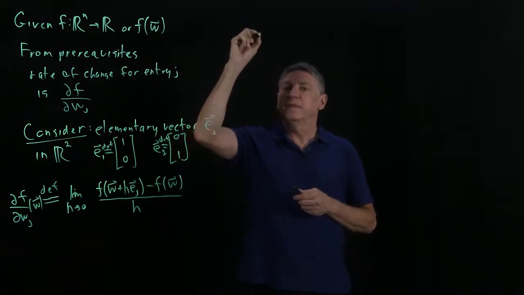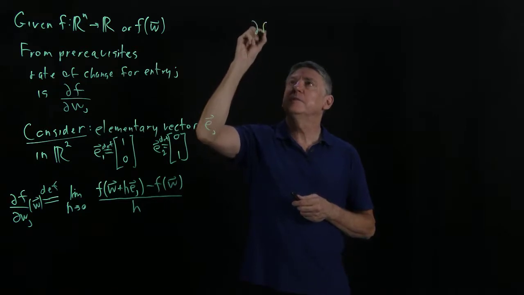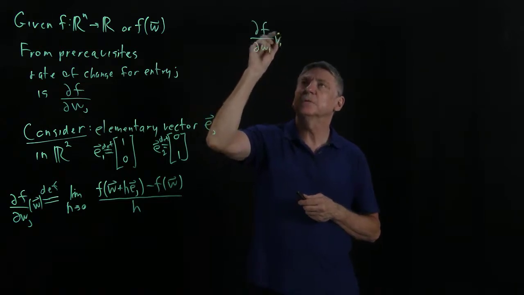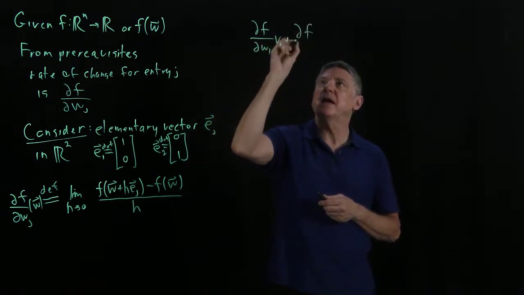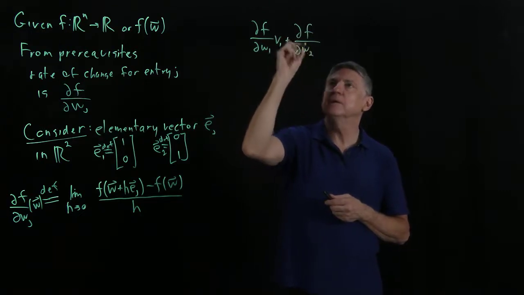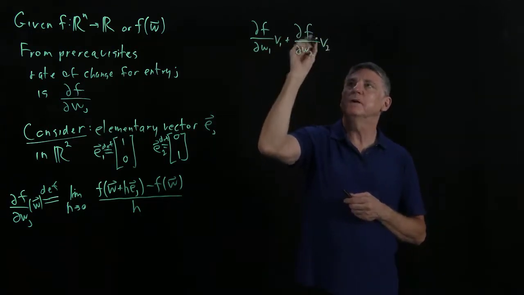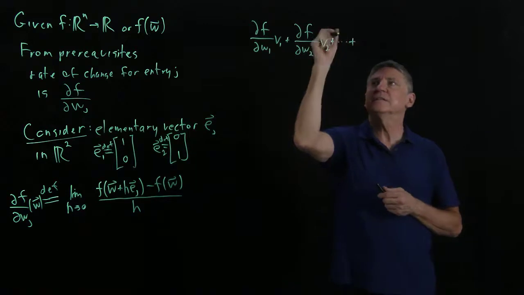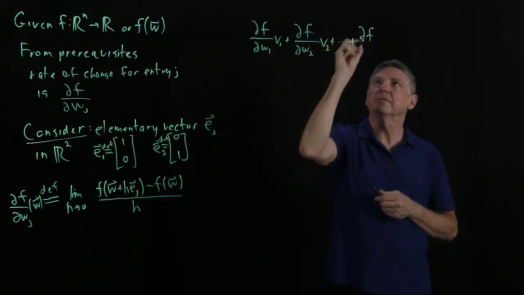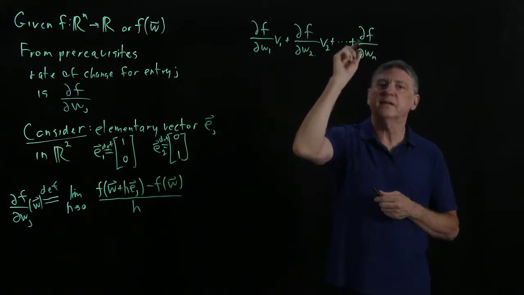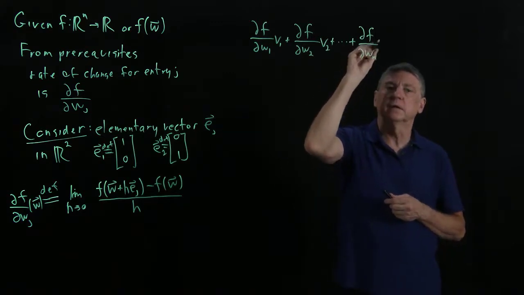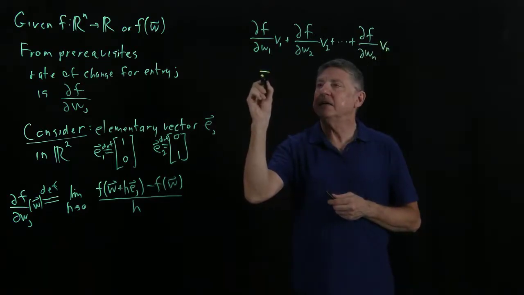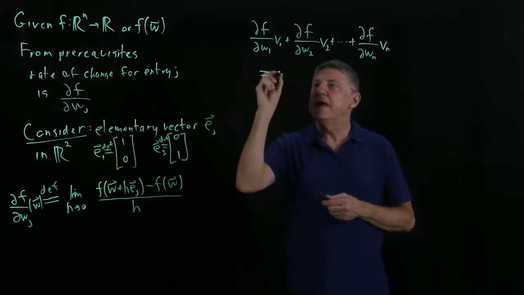We can prove that the partial derivative of the function with respect to entry 1 of the w vector times entry 1 of v, plus the partial of f with respect to entry 2 of w times entry 2 of v, and if we continue on until the nth entry, equals a summation, and that equals